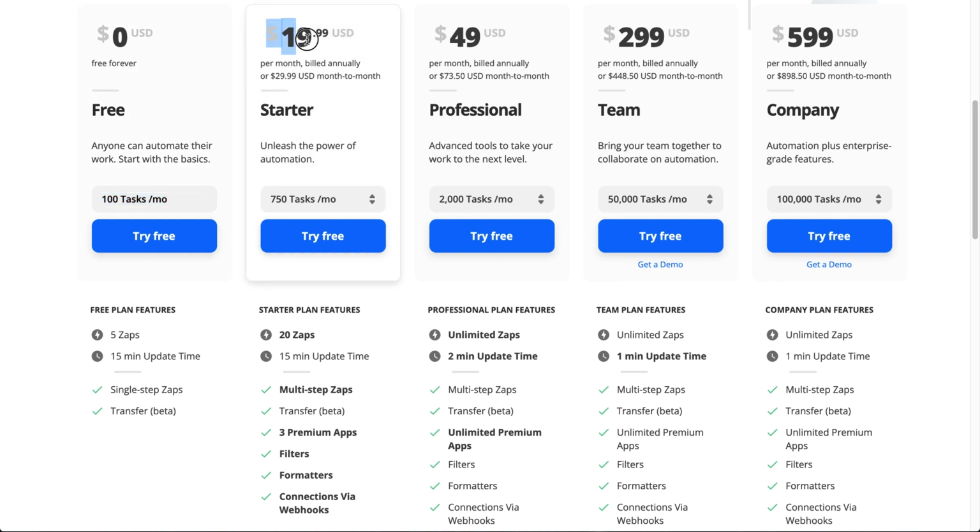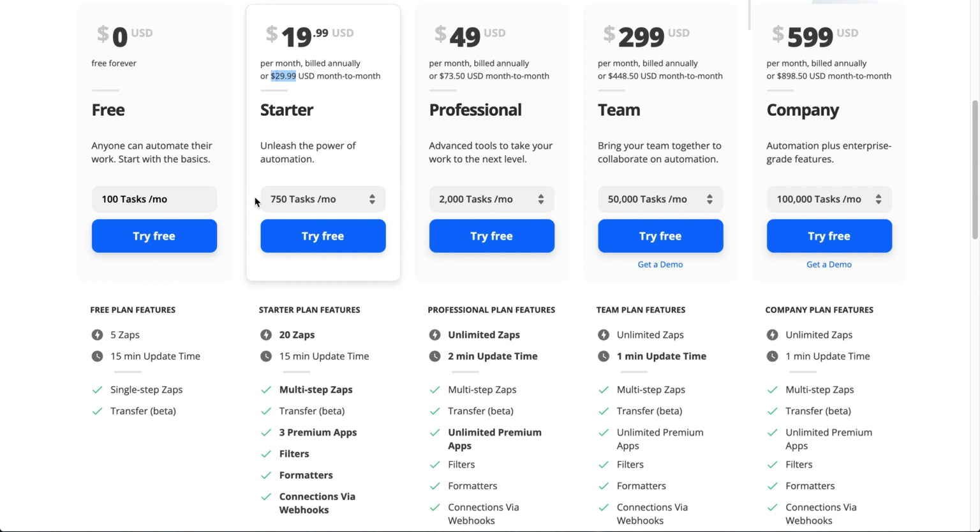And most people are paying this, which is $20 a month. This is annual billing, so it's $30 a month if you're doing month to month. But if you can pay annually, it's only $20 a month, and that gives you 750 tasks a month. Now, if 100 tasks is not going to get you very far, 750 tasks is not going to get you very much further, right? It's only 7.5 times that 100 tasks. So that may be okay if you're starting out and just doing stuff.